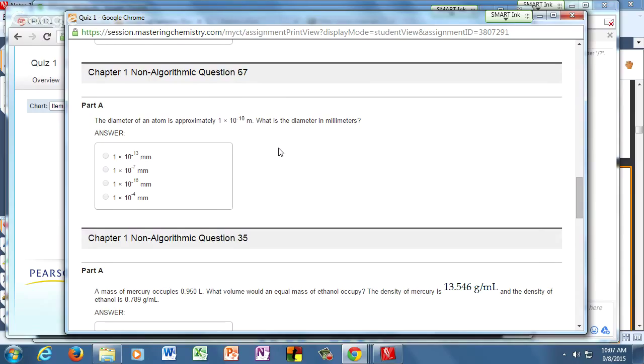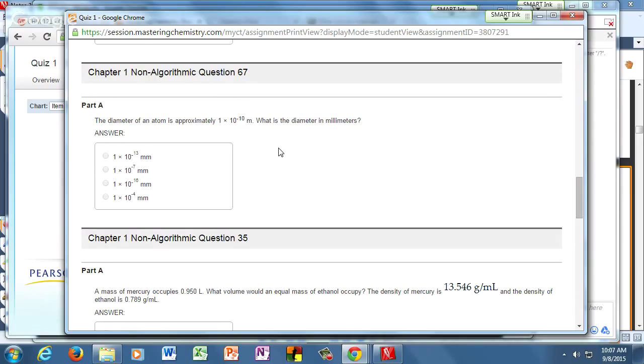Because you know it's going to be 3 away, so 4 and 16 are way out of it. Okay, yeah, I didn't think about it that way, but you know that the difference between millimeters and meters is 10 to the 3, if you know that. So it can't be 10 to the negative 4 or 10 to the negative 16, because that's too far away.